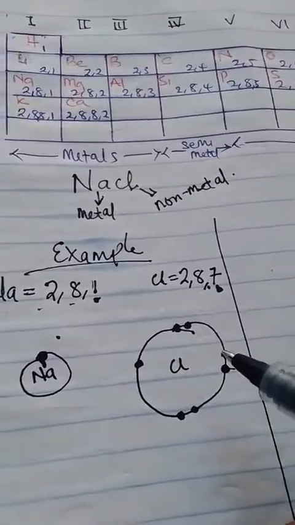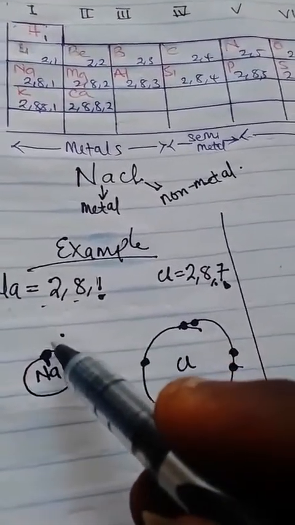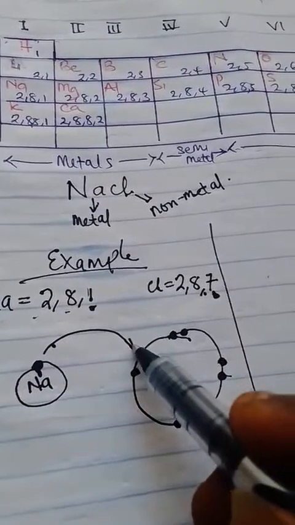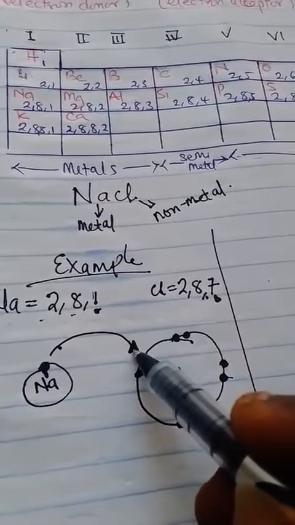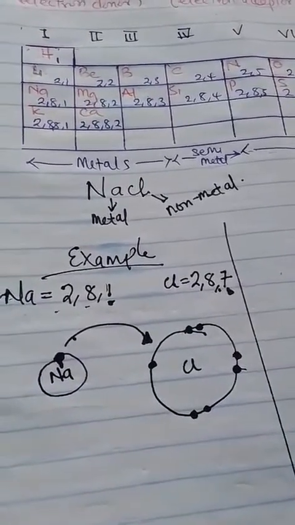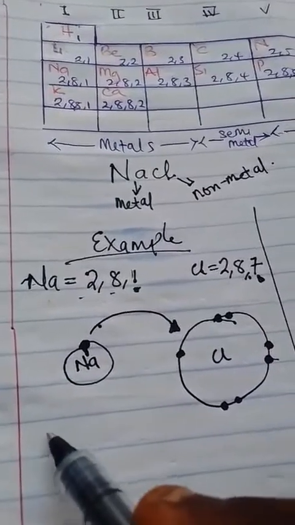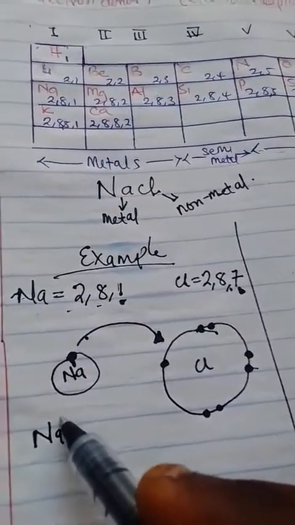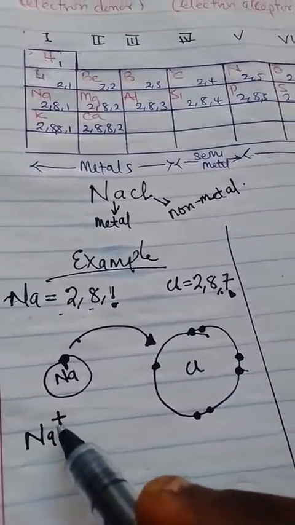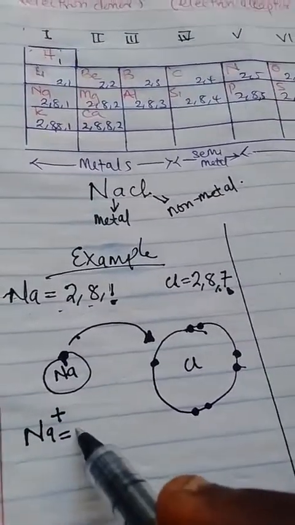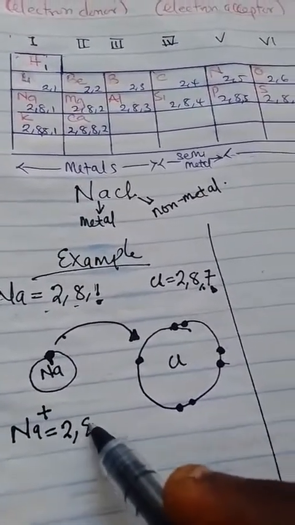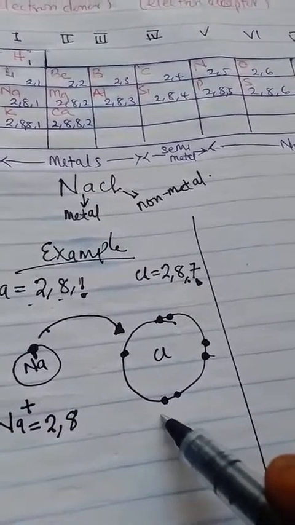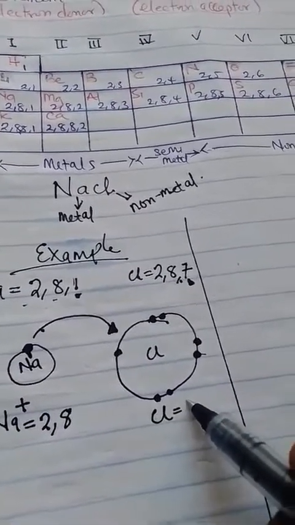So now what happens? Sodium would give chlorine 1. When sodium gives chlorine 1 electron, sodium will now have a configuration of Na plus. It is positive because it has lost 1 electron. So it becomes 2, 8, okay? And chlorine receives it and then becomes 2,